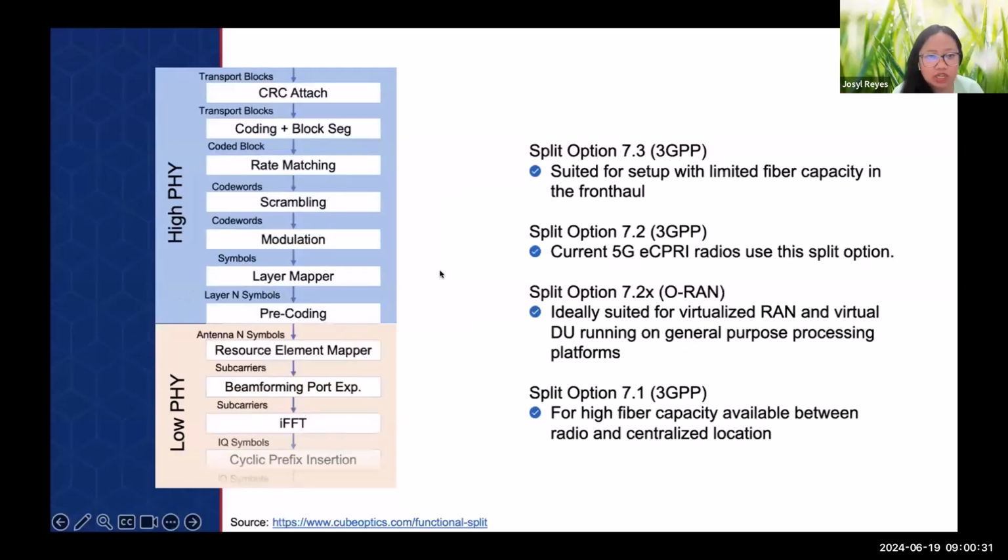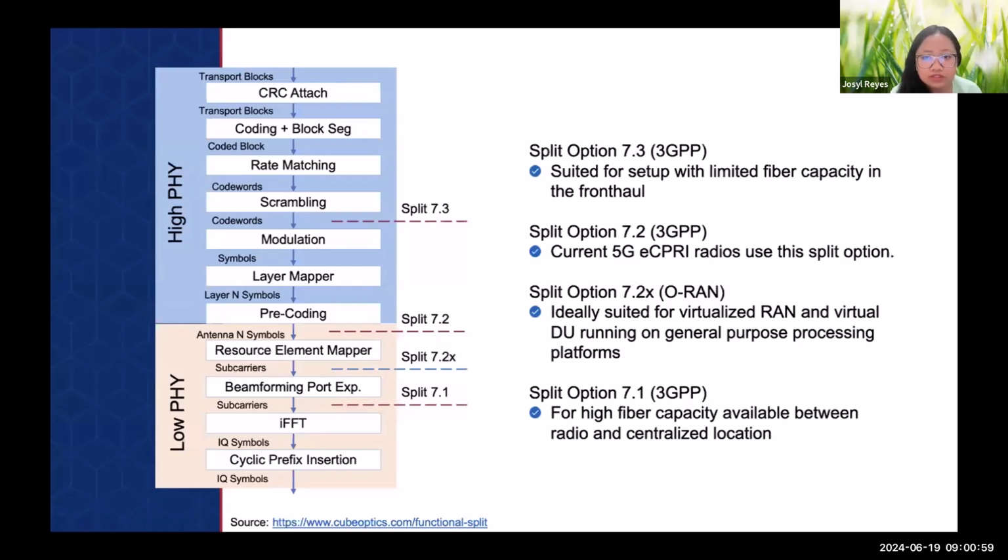So how does the physical RAN protocol work? There are various components. Right now hindi naman po ganun ka-important to memorize this. But rather you can see that there are different blocks happening from the upper layer pababa hanggang the lower layer. And dito nahahati further into the sub-splits. So kung ano mang sub-split option yung napili, it varies depending on the use cases. Yan, so may 7.1, 7.2x, 7.2, 7.3.